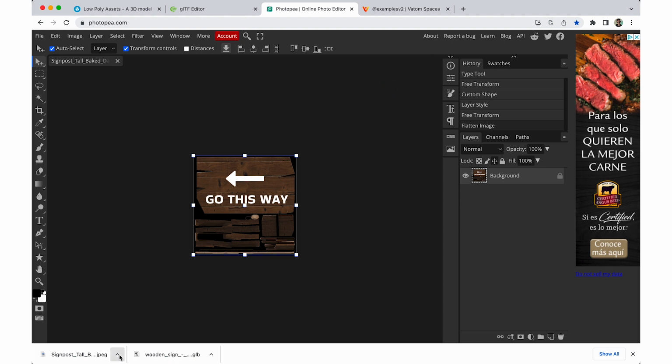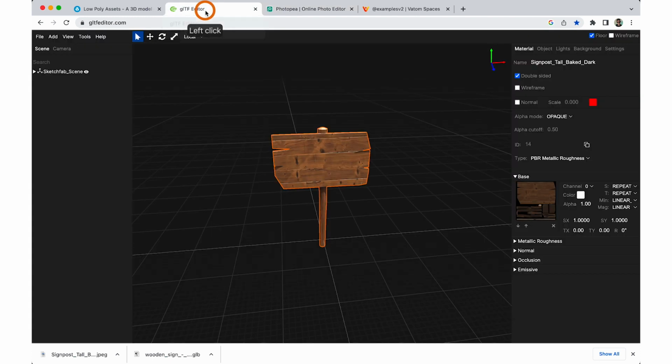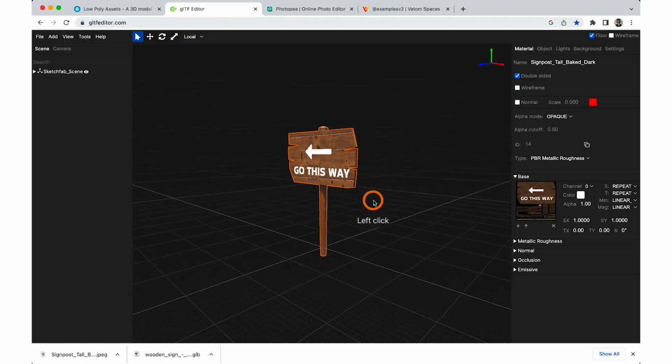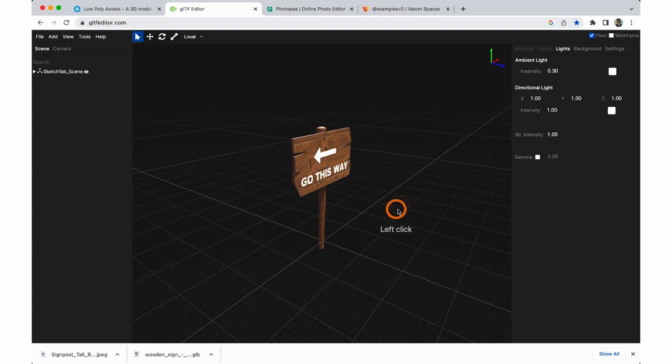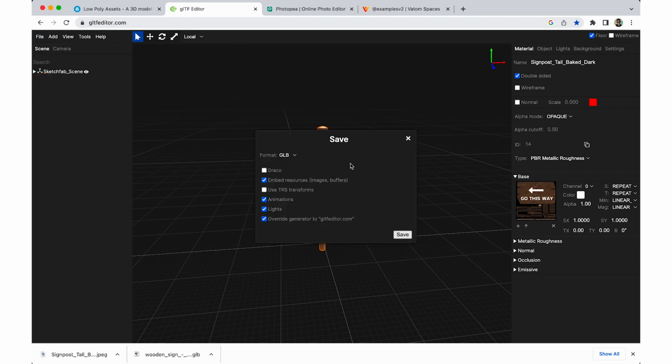So when I save that, this image here that was downloaded from GLTF Editor has been modified. So what I can then do is upload, choose my recent downloads, you can see this. So now this file has this texture on it,